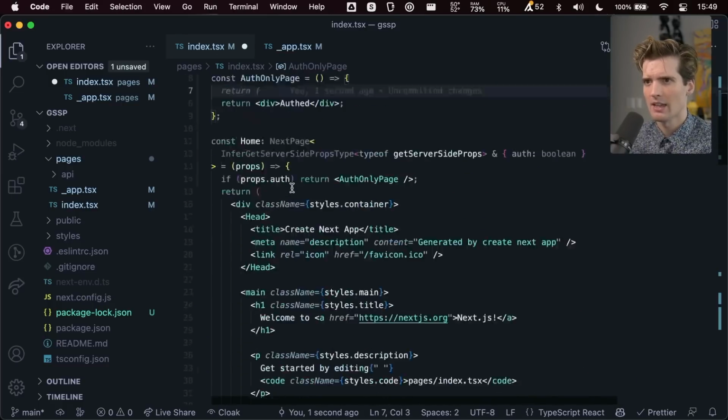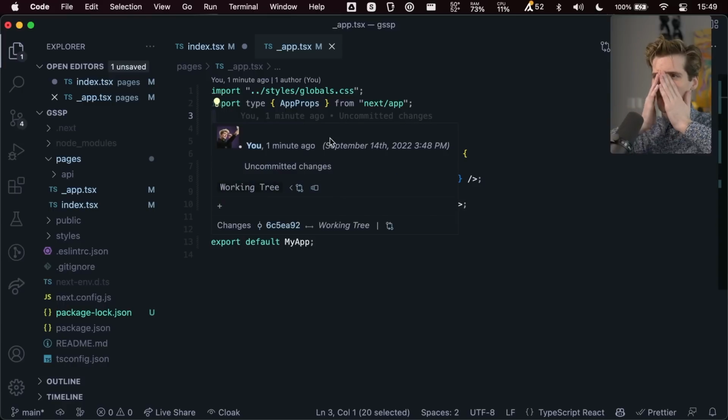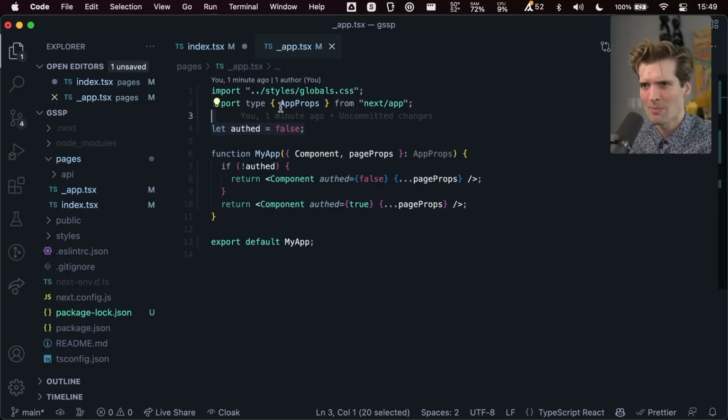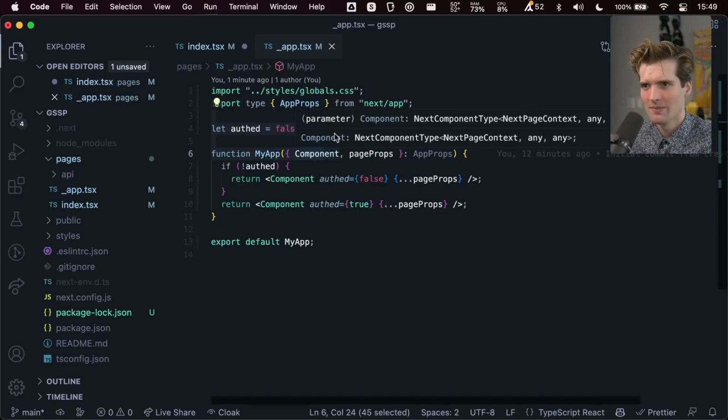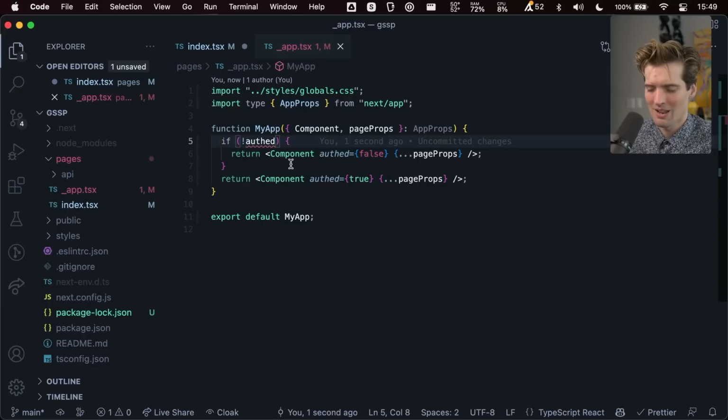Let's say once this is checked auth. God, no, because this is where Next really breaks down. We want to check for auth, and based on that, we want to fetch additional data. There isn't a way to do this with getServerSideProps without fundamentally raising where this is happening. So right now we're applying auth here. We'd have to apply this somewhere else. So what we'll do is put it in page props now,